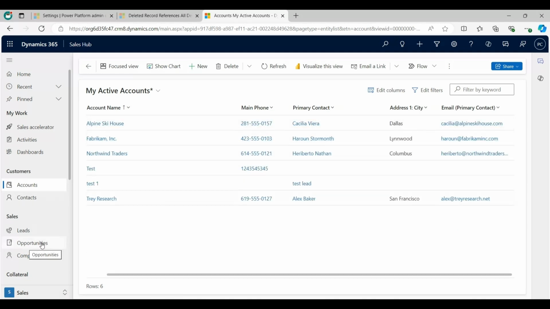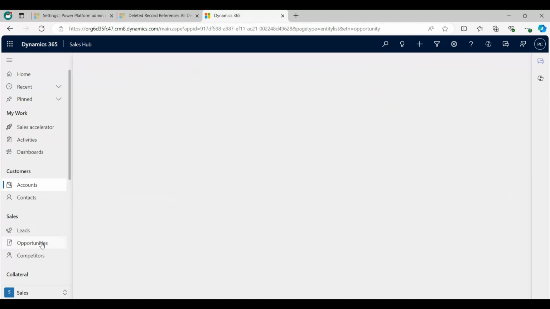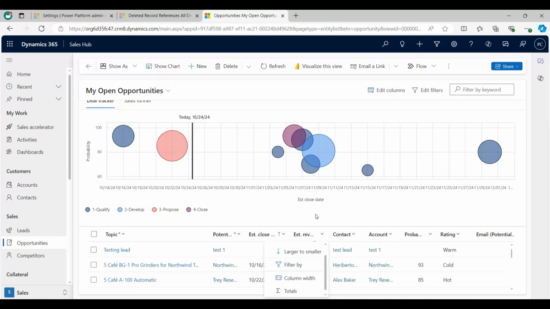Now click on Opportunities from here. You can also aggregate numerical values within a grid column. For example, we are using the Dynamics 365 Sales Hub, but the same feature can also be used on numerical columns in other Dynamics modules and in model-driven apps.